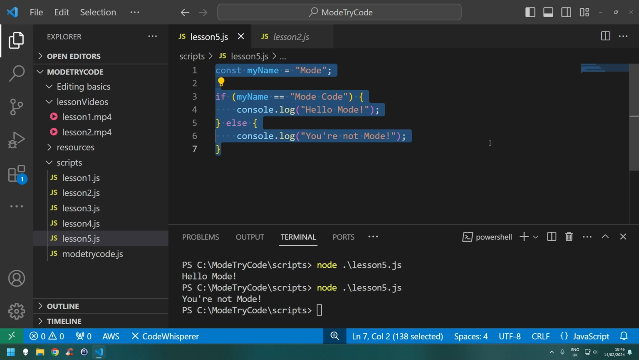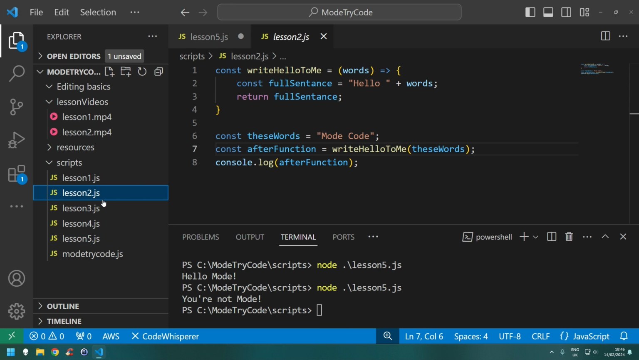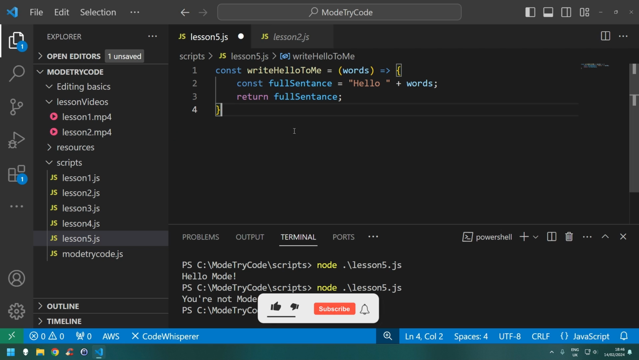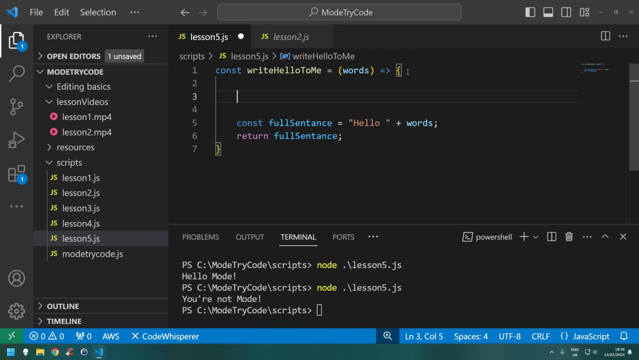So let's get rid of that quick, and let's go to lesson 2 and just copy out this function. So within this code block, obviously we are writing a sentence theoretically to say hello, and what I want to say is, actually it depends who we're saying hello to, whether we're going to say hello or not, for example. So I can have my if block inside my code block in the function to say if words equals mode code,